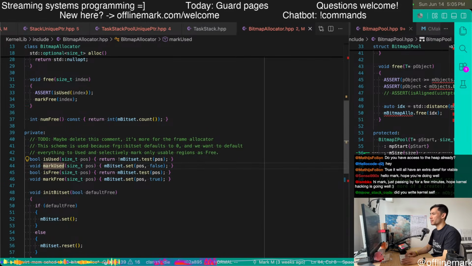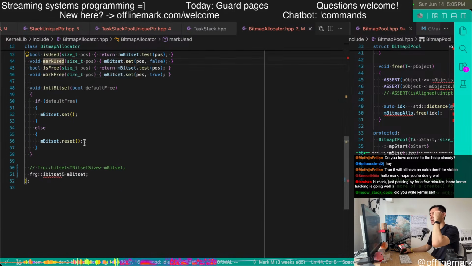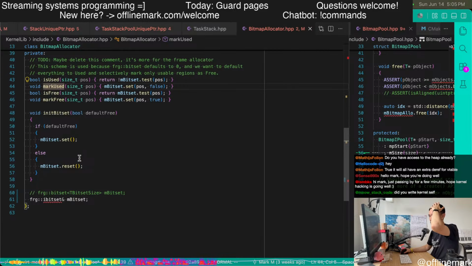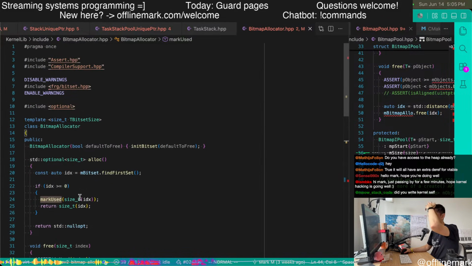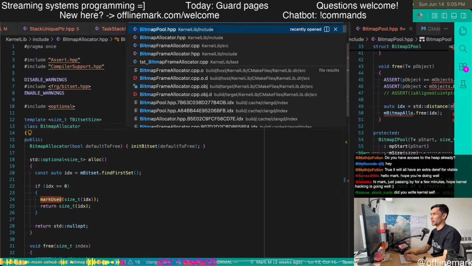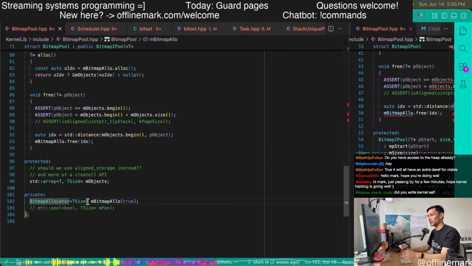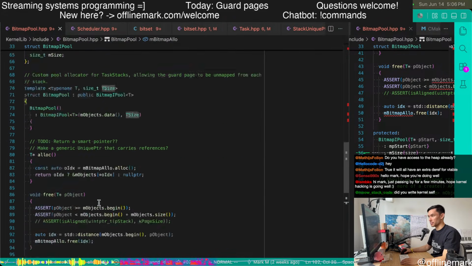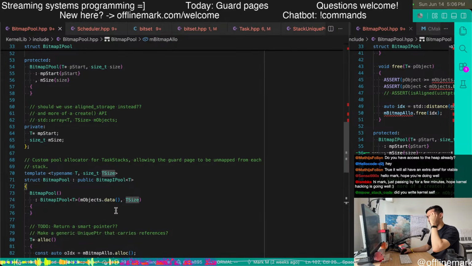I just want to follow the full chain of this. Let's pretend we did this change to the bitmap allocator. Then the bitmap pool no longer has this thing, but gets a bitmap passed into it.